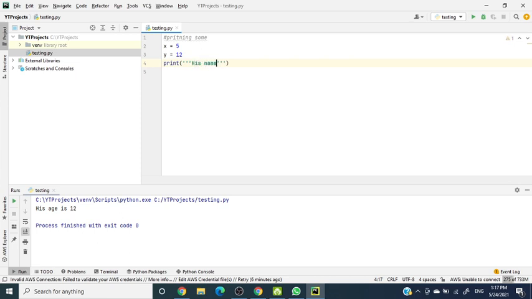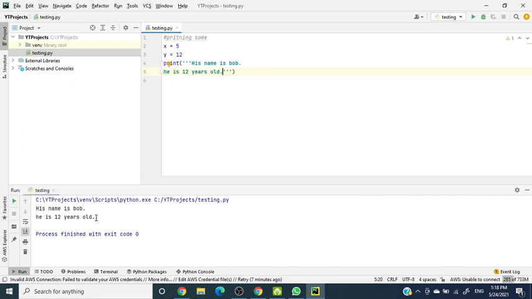His name is Bob, full stop, and he is, let's add y, or directly 12, sorry, years old. So if we want to print this, we'll get it multi-line. See, you can see here. Or else you can write it in a single line,